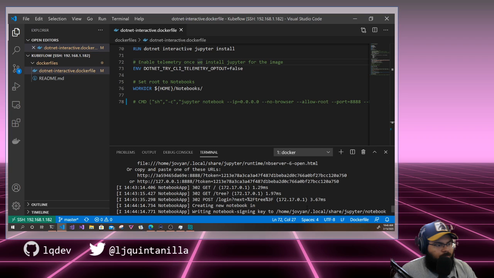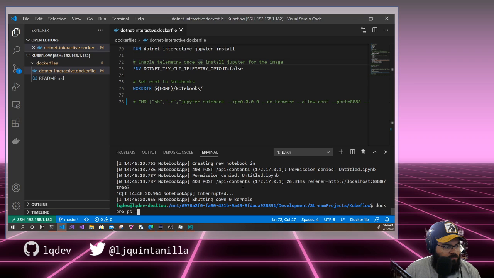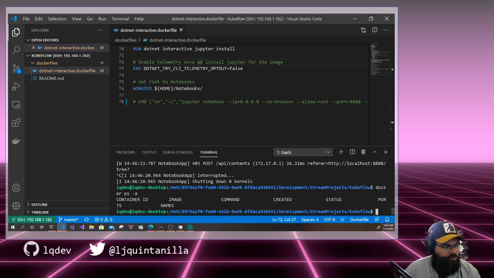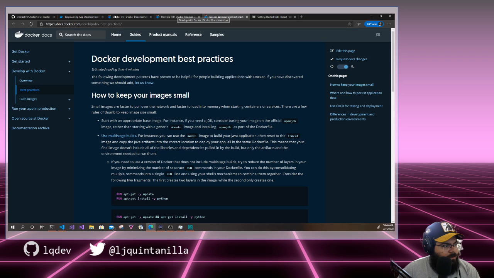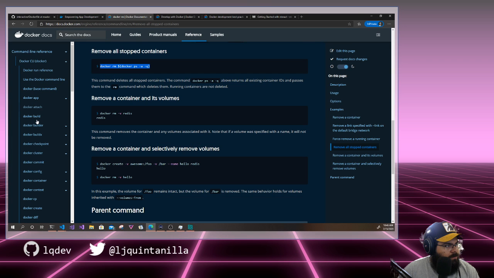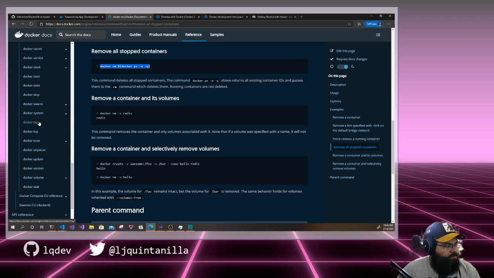I wonder if I stop this. Let's see, docker ps -a. Yeah, beautiful. So it took place, right? So let's see here. Docker rm. No, I want a docker run. But I want to try to do this